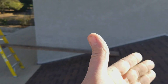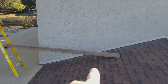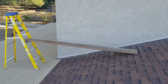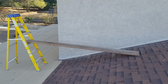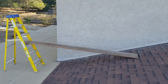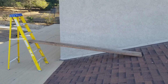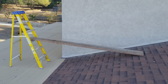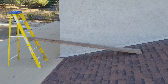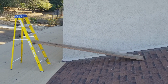But if you're in that position where you need to get to a higher wall, you can use a plank and ladder, and that's the type of setup that you can use to safely get to that. Now, OSHA's going to tell you anything over, I believe it's 6 feet, you have to have a safety rail. So I'm not going to tell you to violate OSHA guidelines. Make sure that you check your OSHA rules and make sure you're doing it right. But to be safe, that's the best way to approach something like this. I'm just kind of giving you guys that don't know